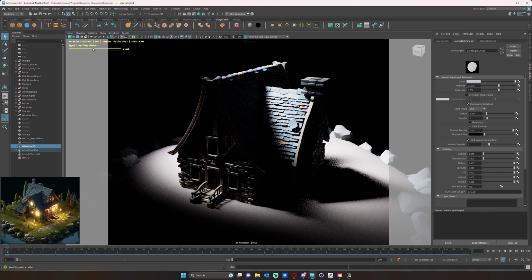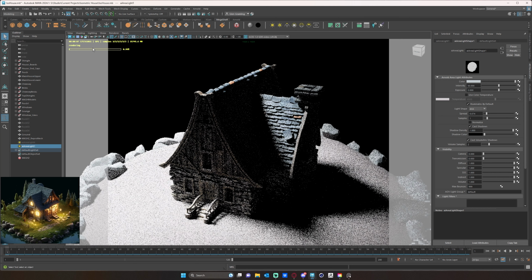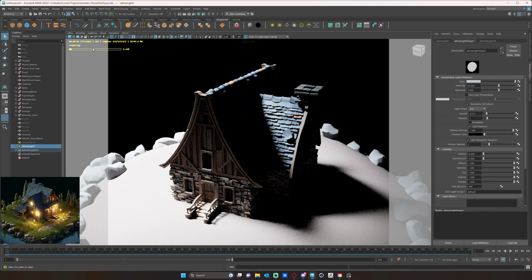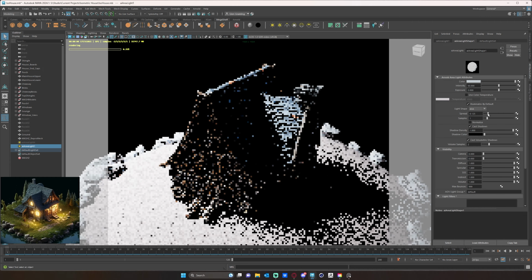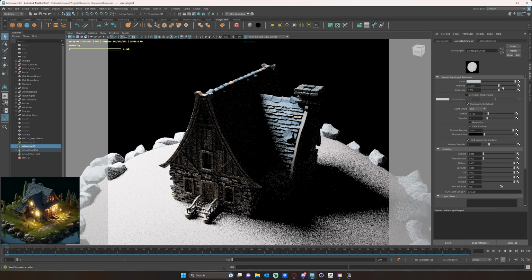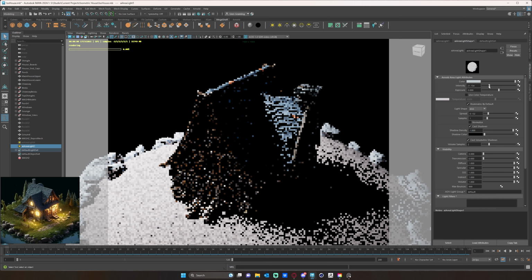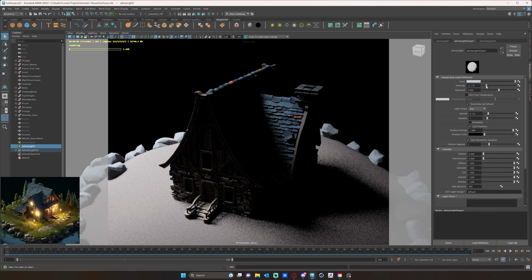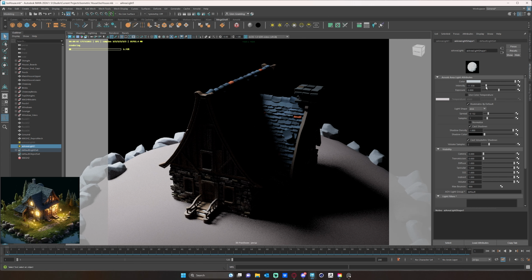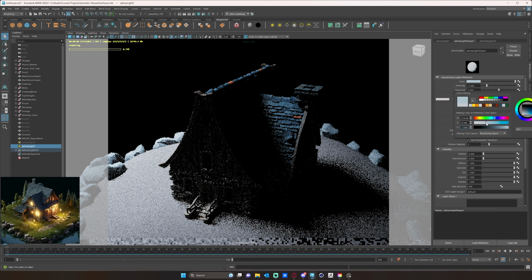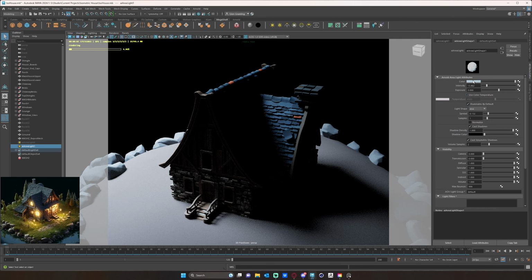So give that a second to kick in. So I'm liking that, maybe a little less spread and a little less intensity. Because for the most part, this is going to be like a night or twilight scene. I'm going to add a little bit more blue, maybe purplish hue